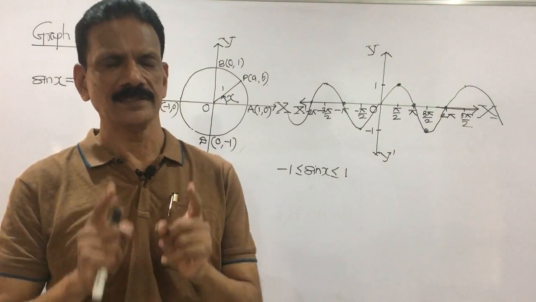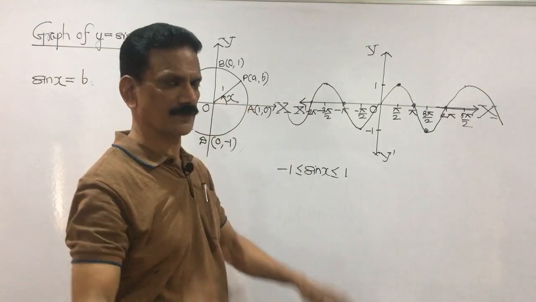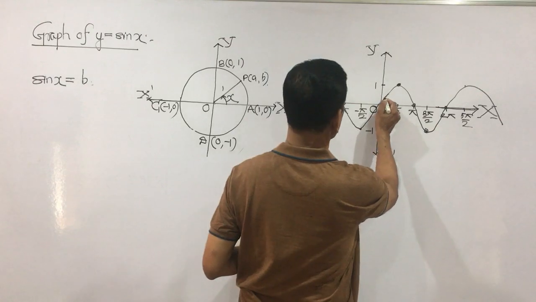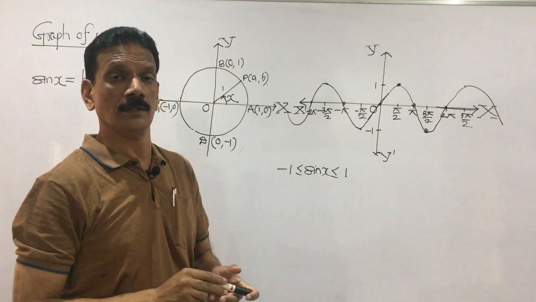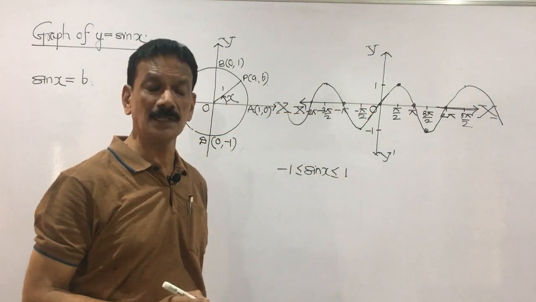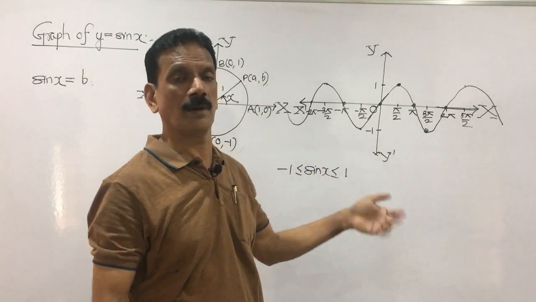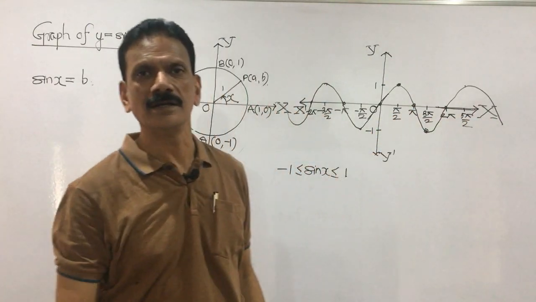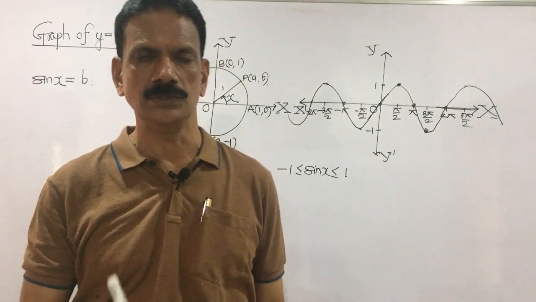Okay my dear friends, this is graph of sin x. Okay, and remember that one, the graph of sin x my dear friends, it is passing through the origin and oscillates between minus 1 and plus 1, maximum value is plus 1 and minimum value is minus 1, and it intersects the x-axis at the point sin n pi, means n pi means pi, 2 pi, 3 pi. See here it is intersecting the x coordinate, because any point on the x-axis its y coordinate is 0.